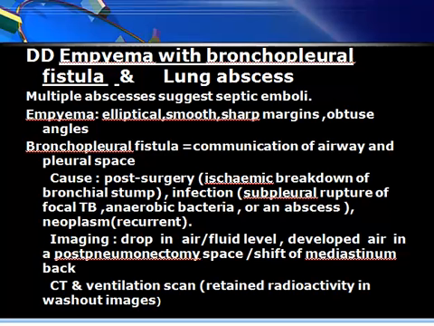Causes: post-surgery, ischemic breakdown of the bronchial stump, infection as subpleural rupture of focal TB or bacteria or an abscess, and neoplasm if it is invading. Imaging, we find drop in the air fluid level. So the previously known air fluid level will drop because of the fistulation, and developed air in the post-pneumonectomy space, shift of the mediastinum back. CT and the ventilation scans will show retained radioactivity in the washout images,